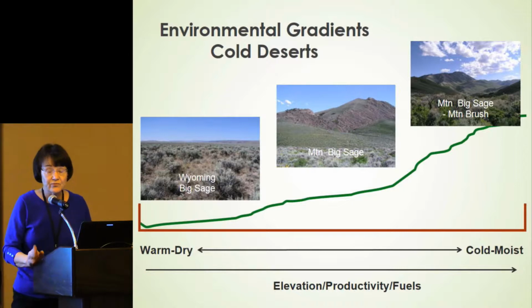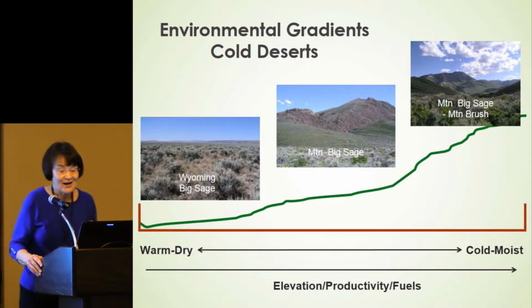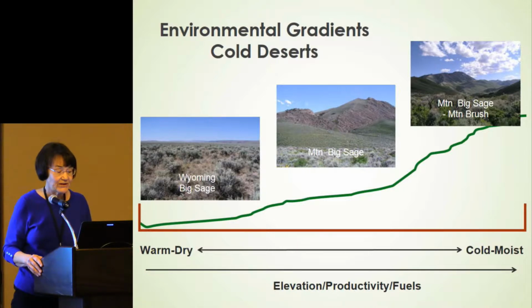Now, regardless of the region, our sagebrush ecosystems occur along strong environmental gradients. In our cold desert systems, Wyoming big sagebrush communities dominate at low elevations with relatively warm and dry soils, while mountain big sagebrush, mountain brush communities dominate at high elevations with relatively cold and moist soils. Now, because these systems differ in terms of both productivity and fuels, they also differ in terms of their relative